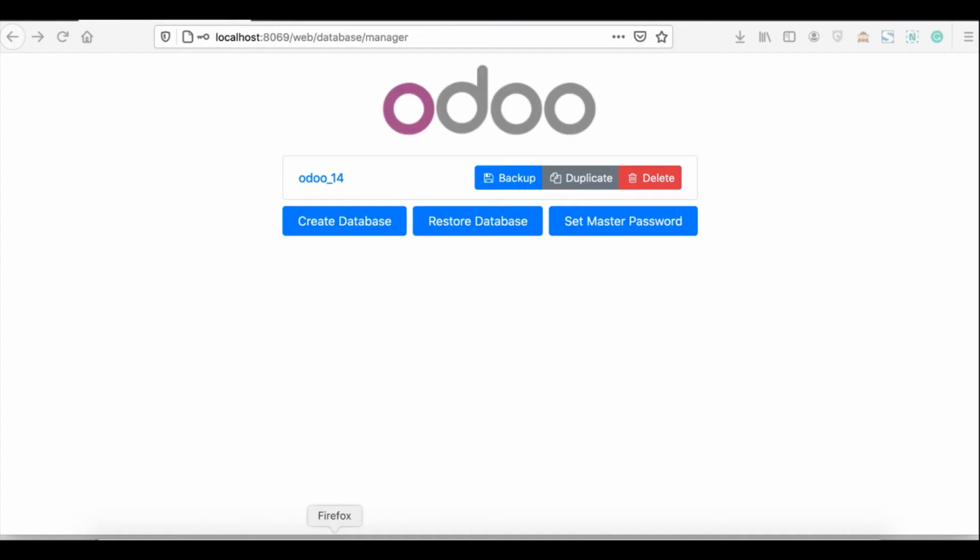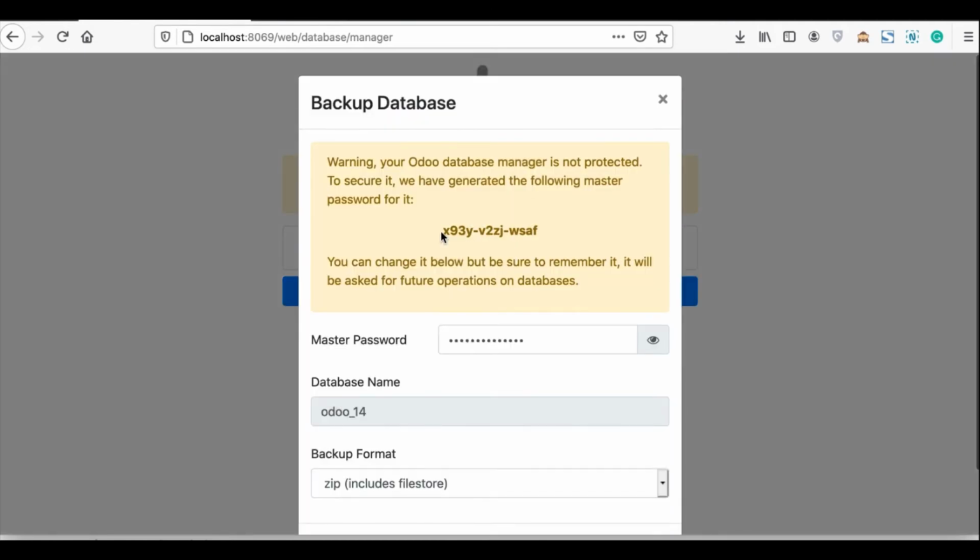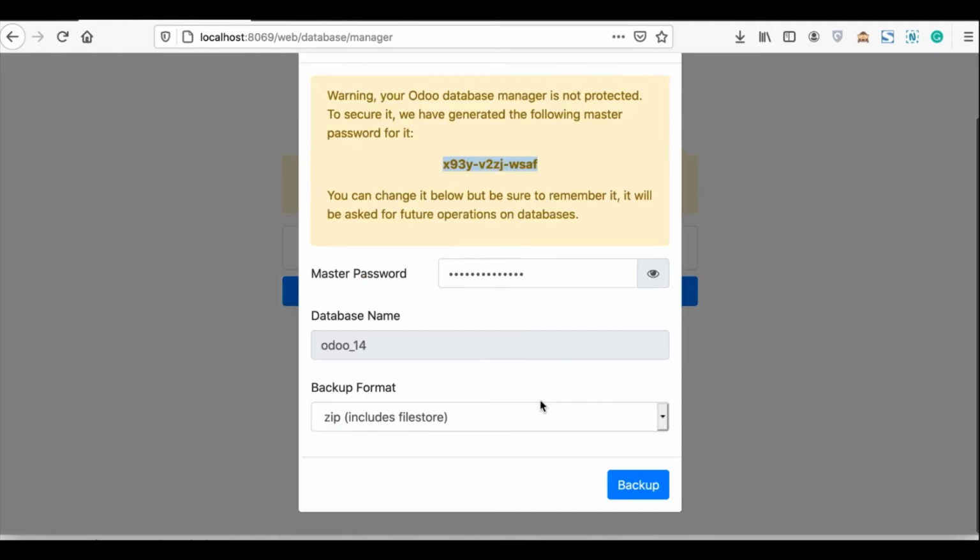Again, go to the browser and refresh the page. Again, it will have this warning message, and again it says, okay, this is your password, you have to remember it. You can see both are the same. Once you click any operation, like backup, delete or duplicate, it will generate this password and add it inside that configuration file.